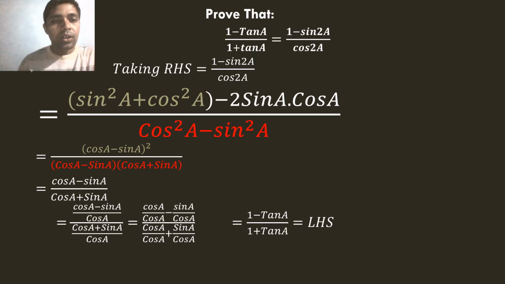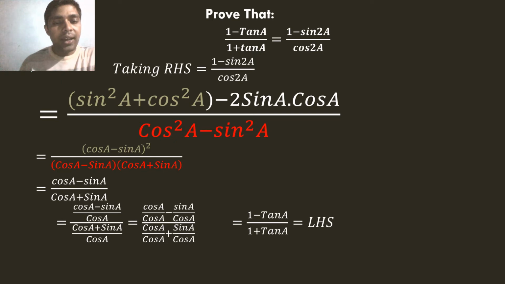So in this way we can solve this problem. Once again I will repeat this. When we get this type of problem, 1 minus a trigonometrical ratio or 1 plus a trigonometrical ratio, I am talking about sine and cosine, like 1 minus sin theta or sin 2 theta, 1 plus sin theta or 1 plus sin 2 theta, or 1 minus cos 2 theta or 1 plus cos 2 theta, 1 minus cos theta or 1 plus cos theta. If you get this format, then as far as possible, as already mentioned in the algorithm, first we will take that side and we will remove 1. We will think how to remove 1.